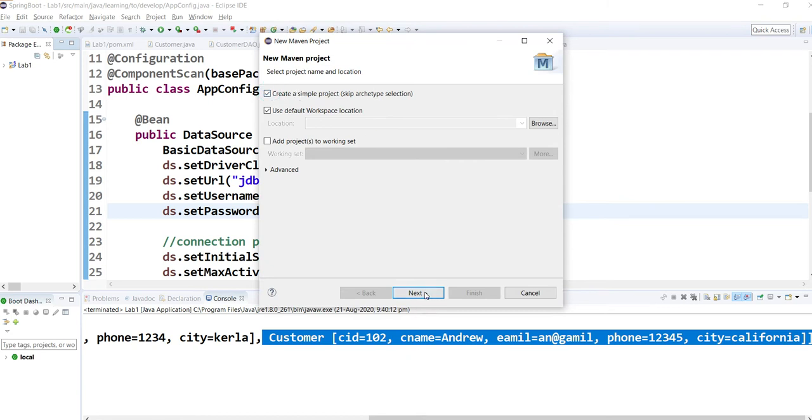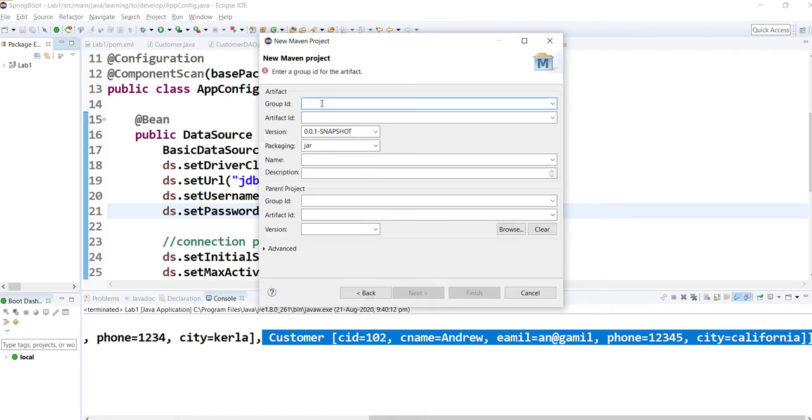You need to select this checkbox, then for the group ID you can mention com.springboot.learning. For the artifact ID you can mention lab2, for the version you can mention 0.0.1-SNAPSHOT, and for the name you can give any name, like example2.